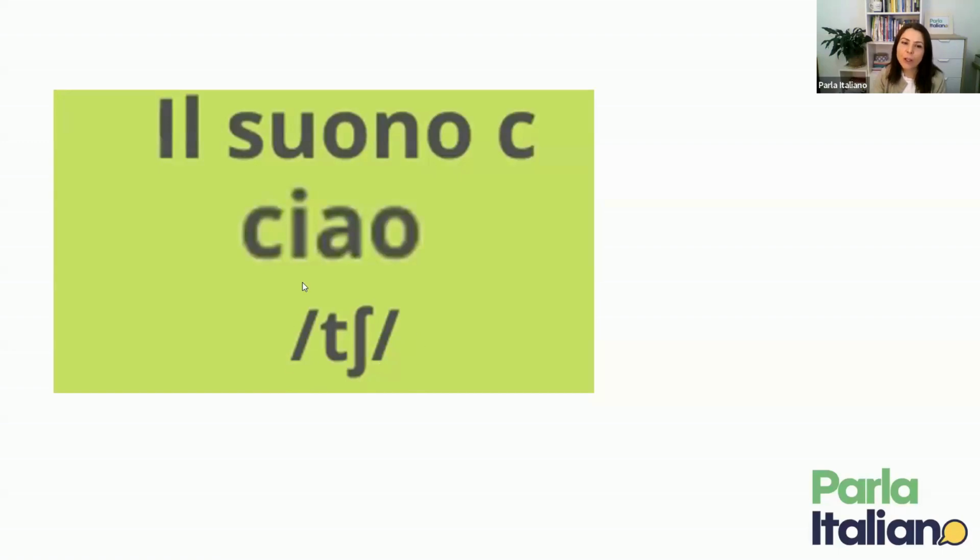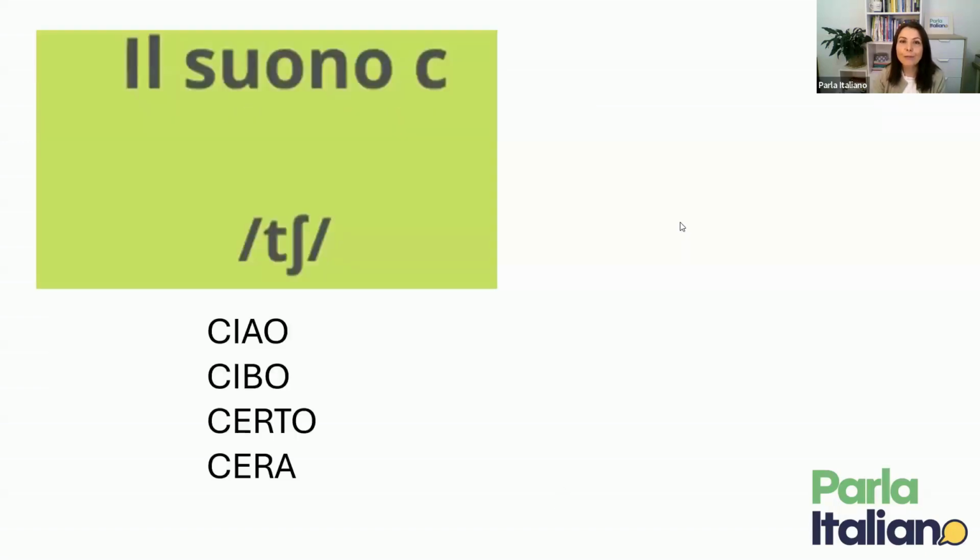And this is actually quite useful to know, because every time you look in the dictionary or online for how to pronounce a word, this will appear for the sound ch. And so this is the sound that the C makes, for example, in ciao. Great. Let's have a look at a few words with ch. For example, ciao, cibo, certo,